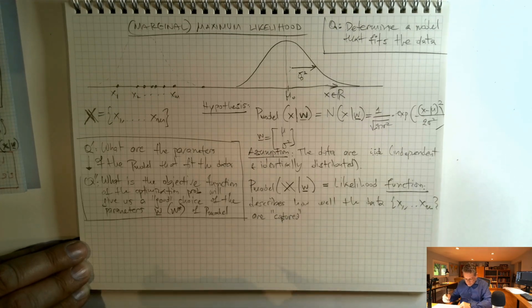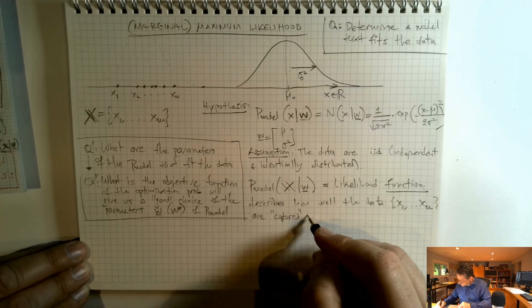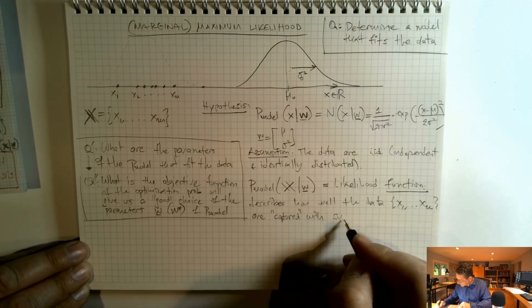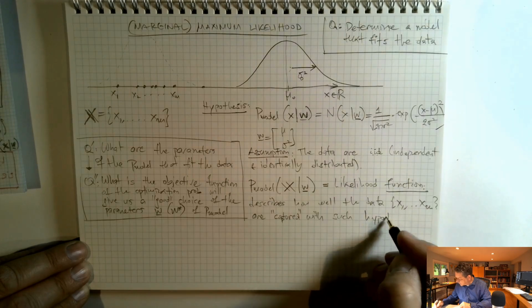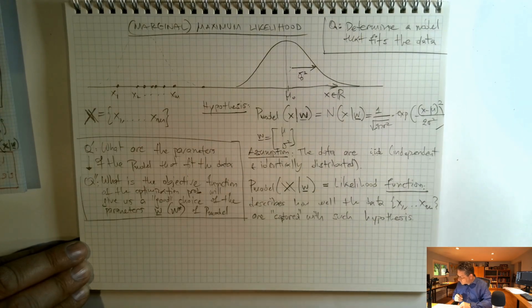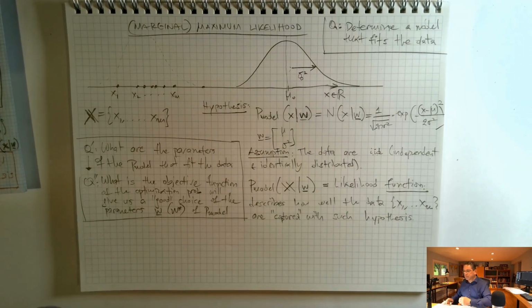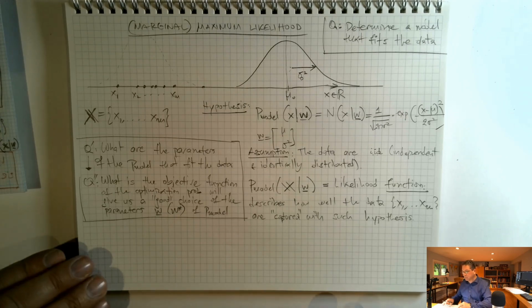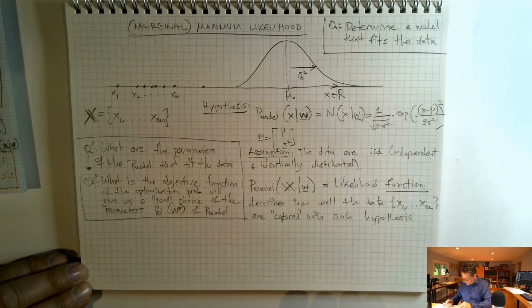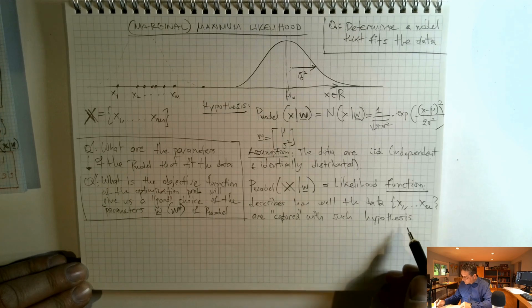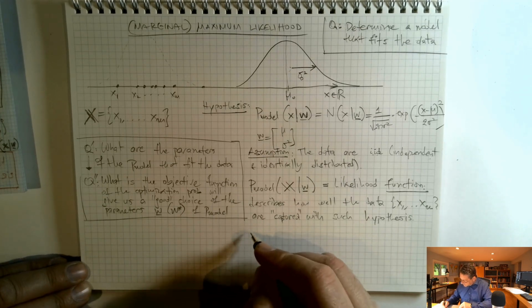Very informal discussion at this point with such hypothesis. So the likelihood function ends up being a function of only the W, as we want in any case from our objective function, and it is grounded